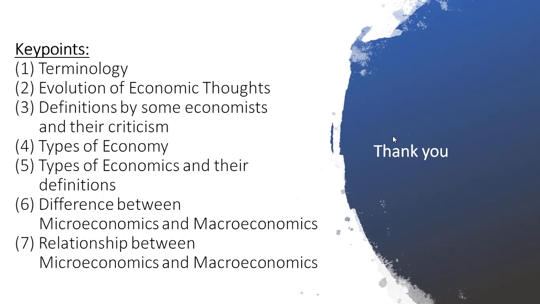So what did we study? What are the key points of this particular chapter? First, we saw the terminological differences between economics, economy, and economic. Then we saw the evolution of economic thought, how the economy was derived from ancient times. Then we saw the definitions by some economists and their criticism. Then we saw the types of economy, and the types of economics and their definitions. After that we saw the difference between microeconomics and macroeconomics, and ultimately we saw the relationship between microeconomics and